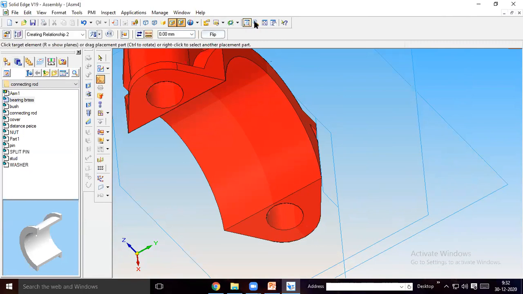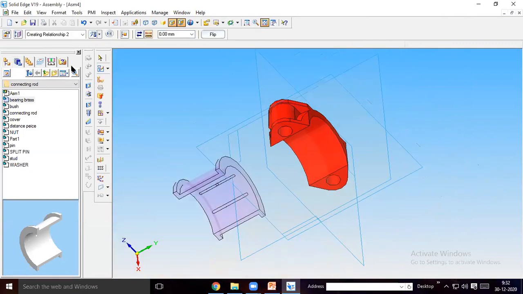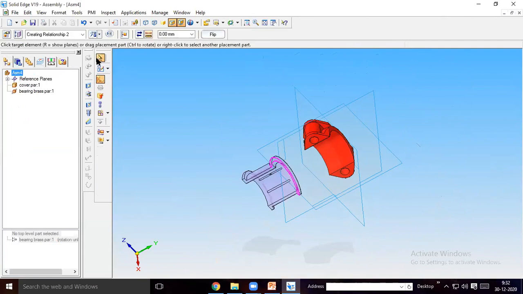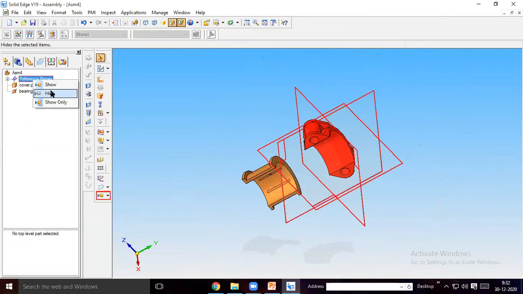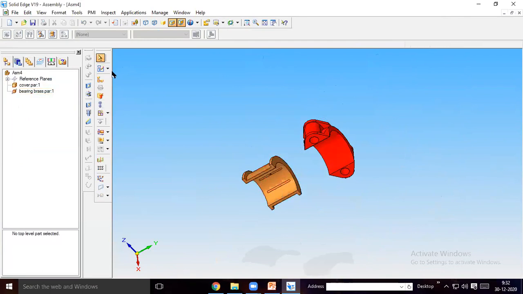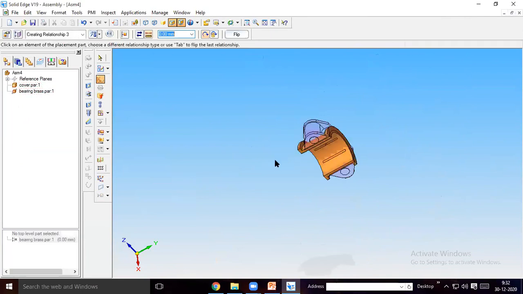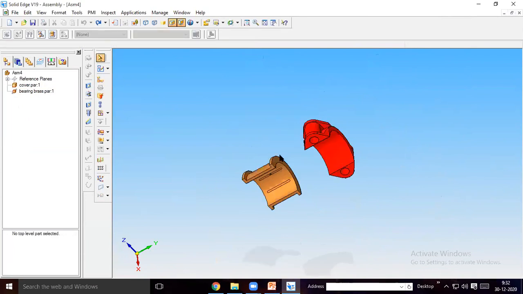The surface is not selecting, so you can hide the planes. Later you can select it again. So you already gave axial alignment, then you give flush fit of this surface with this surface, inside surface.